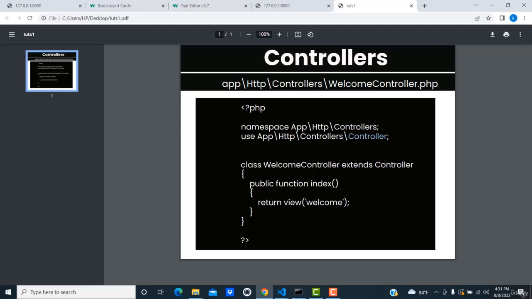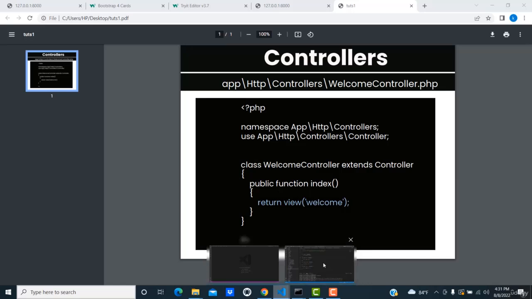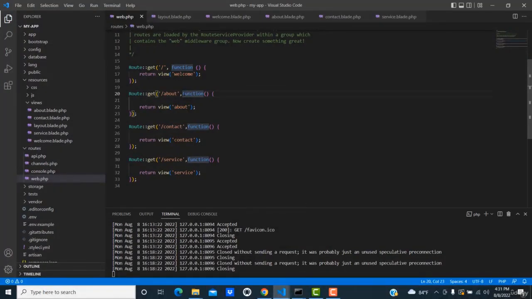Inside this class, we have created the index action method. We have created a method which is the index method. Inside the index method, we have written the views. The same thing we have to do in the professional way. Here, this is the empty function. If you have created